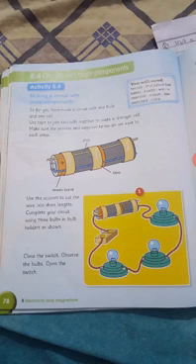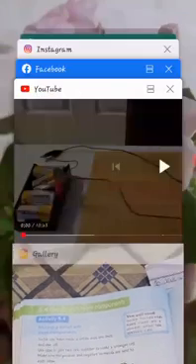Alright, so in this chapter we have seen the effect if we add more than one bulb in a circuit. So what will happen to the bulb, what will happen to its brightness. For this I have shown you one video, and let me show that again, what will happen if we add more than one bulb in a circuit.